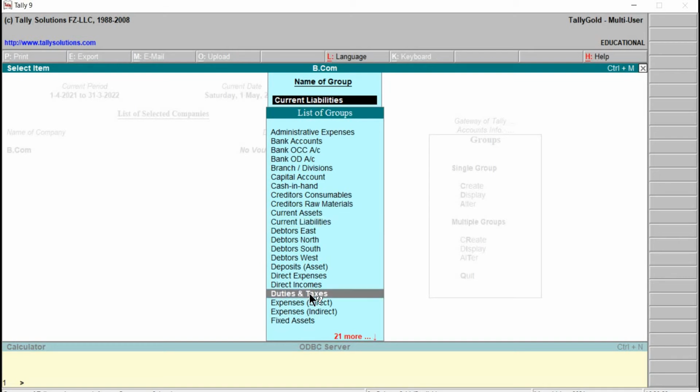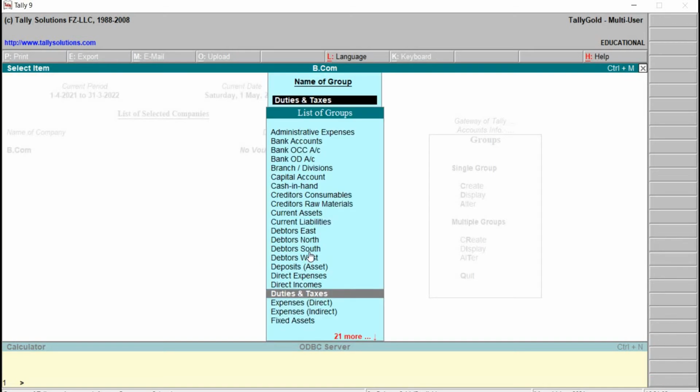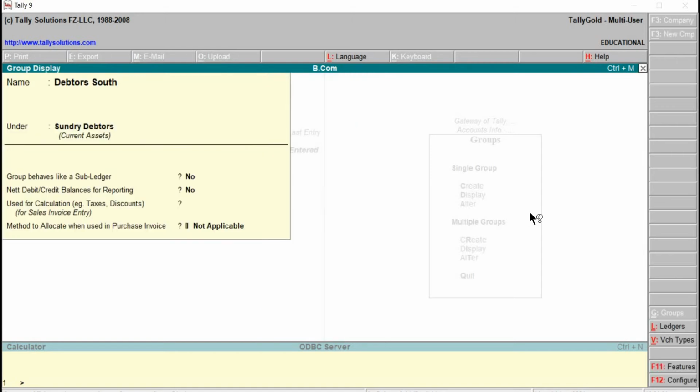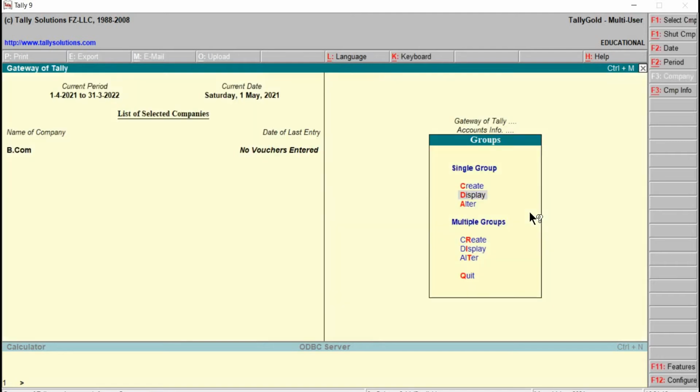Duties and taxes. Escape once, then Sundry Debtors. Okay, Escape. We will be back to the Groups menu. Press Escape once again, and again Escape. We will be back to the Groups menu.